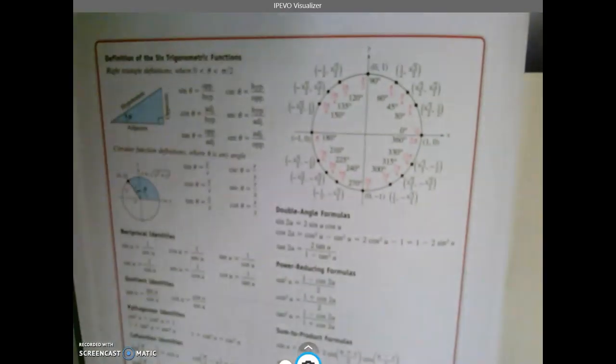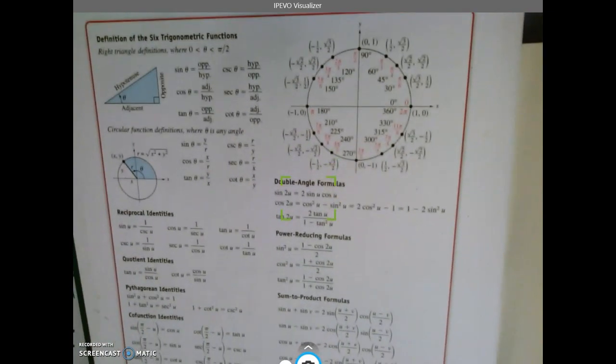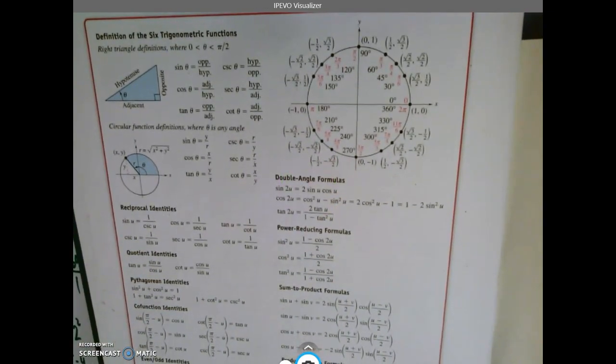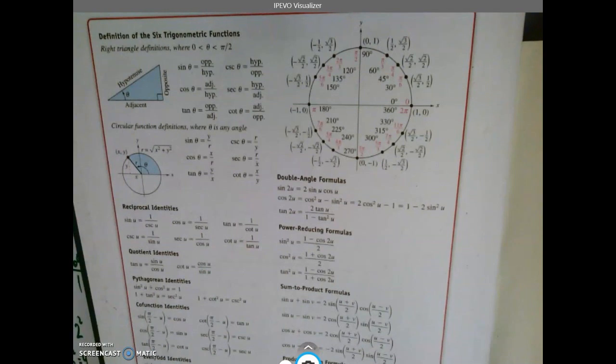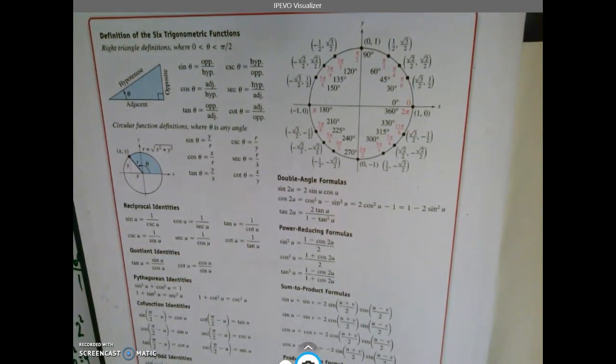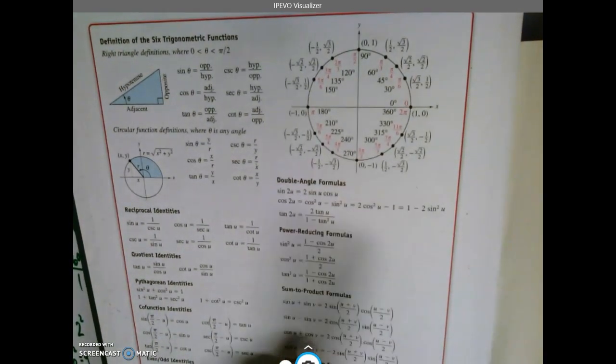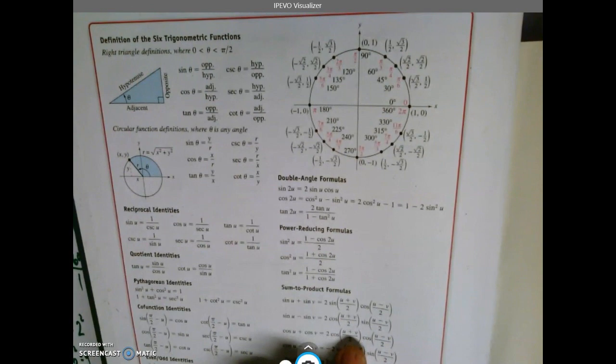Inside the front cover, where you have the unit circle and the basic triangles and stuff, you got all that. There's also all these other identities. Now, a lot of them are useful. There's more than I'm going to ask you to memorize. It all sort of depends also on your calculus teacher next year. But if they're important enough to be in here, you're probably going to need to use them again and again